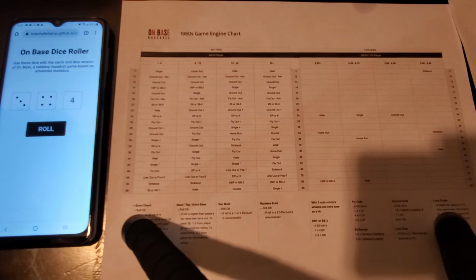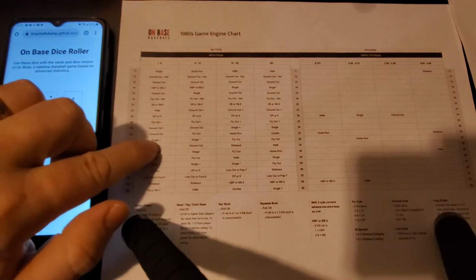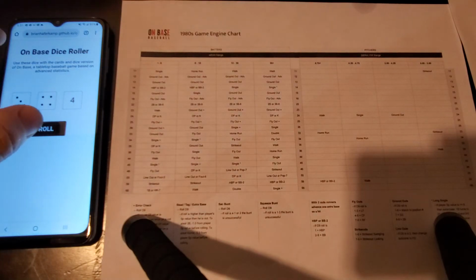A 3-4 against a 14 is going to be a single with an error check. It's a single to center. So Darling seems to be losing it a little bit here with 3 straight hits, 4 hits in the inning. And we're going to go ahead and pull Ron Darling from the game. I think we've seen enough. And so let's go ahead and get a new pitcher for the Mets.